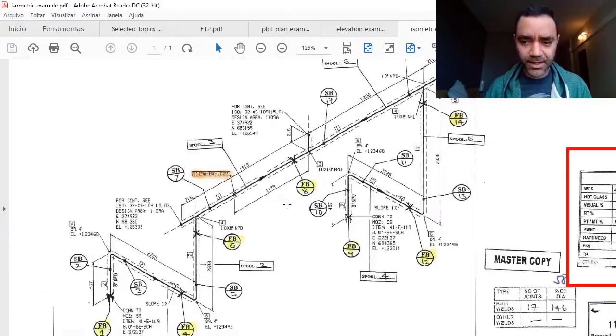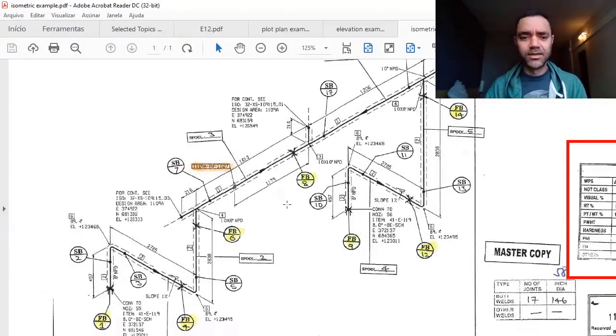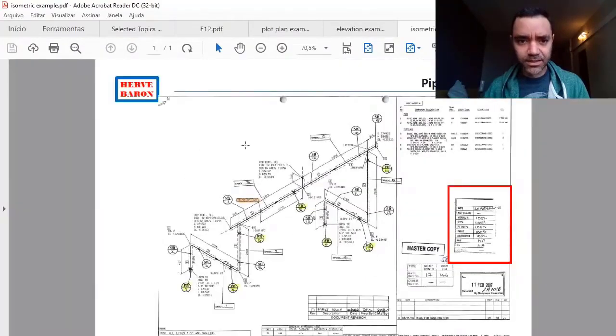So the isometrics is like the radiography or the X-ray of your pipelines. You will see each millimeter that was installed in the field. And this document is available also from Have Baron in the SlideShare. So you can look for his SlideShare and take this